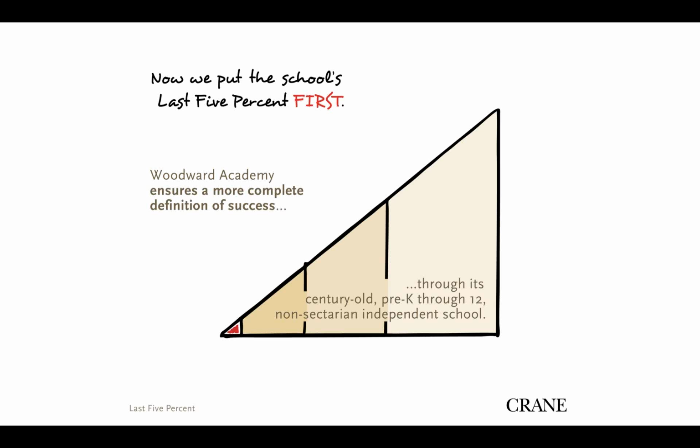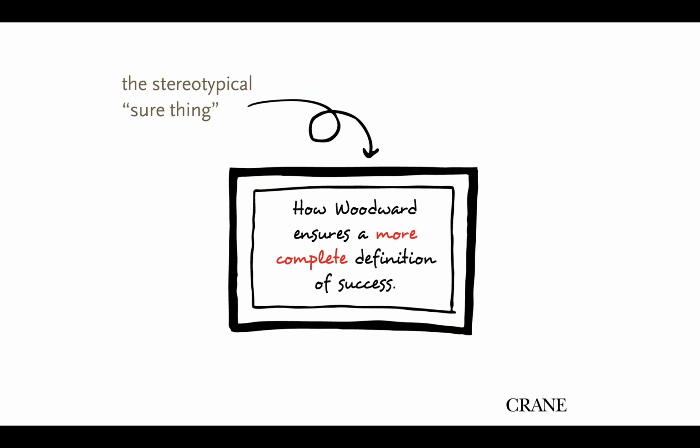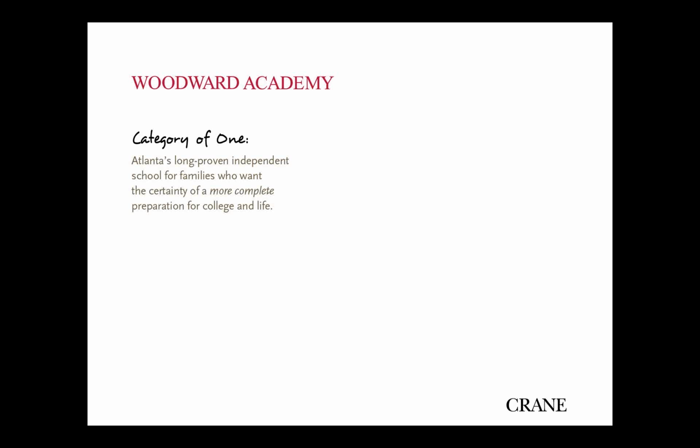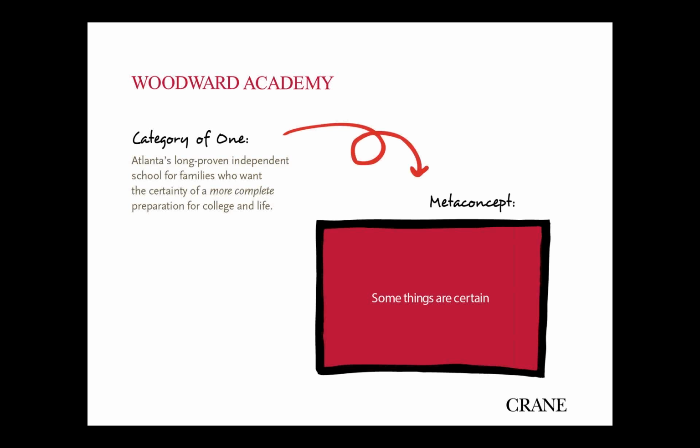and of course here we've still got all our attributes, our whats, but we get into our whys. What families want from Woodward and are afraid that they can't get from any independent school is a sure thing. And so what we have to talk to them about is how Woodward is able to arrange a surer thing. So we say Atlanta's long-proven independent school for families who want the certainty of a more complete preparation for college and life. And that takes us to what at Crane we choose to call a meta-concept, where we say some